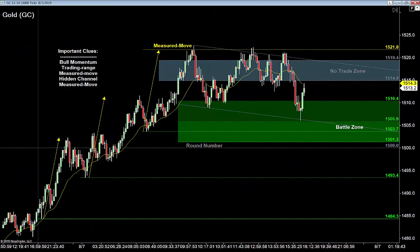Wrapping up here now on the gold and the euro. They're both range bound. They're both bullish. On the gold, I think gold's pretty easy to see right now. Very strong bull market up, strong move up. The market pulls back. Sellers, surprise! Sellers try to sell off the moving average, and I'm shocked. You must be shocked to see this. The sellers fail, and we go right back to retest the...